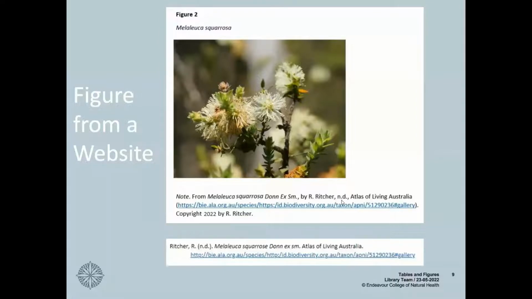This web page did not have a date attached. There was no date attached to this image. So in that case, we use our n.d. which denotes no date, comma. Then we have the title of the website that this image came from, which is Atlas of Living Australia. And then after that, in brackets and a live link, we have a link directly to that resource with a full stop. Then we have the copyright information at the end.